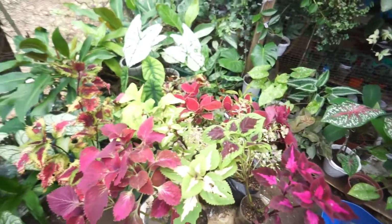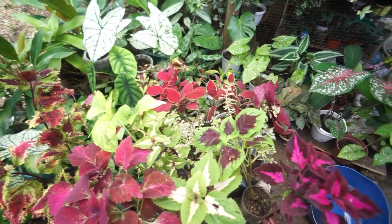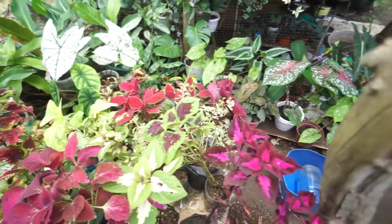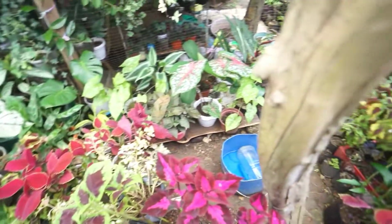I'm still in the middle of rearranging and fixing my little garden, my mini garden here. It's about 2 by 3 meters. And having said that, while we are on it, let's discuss